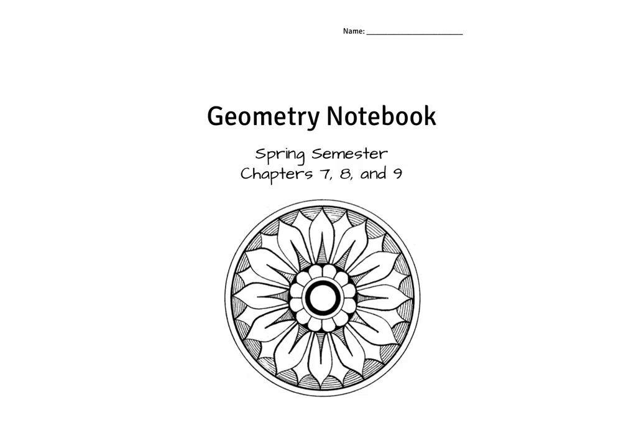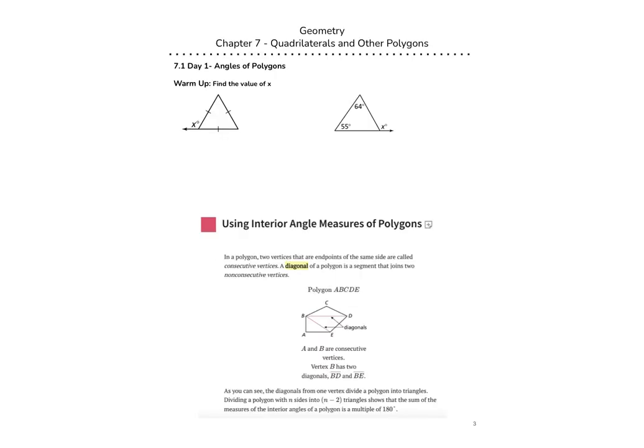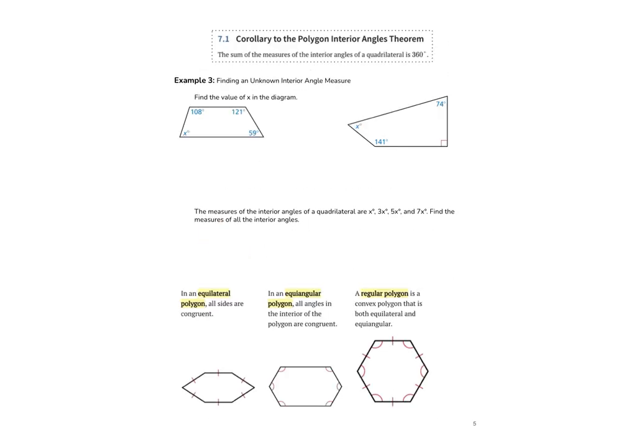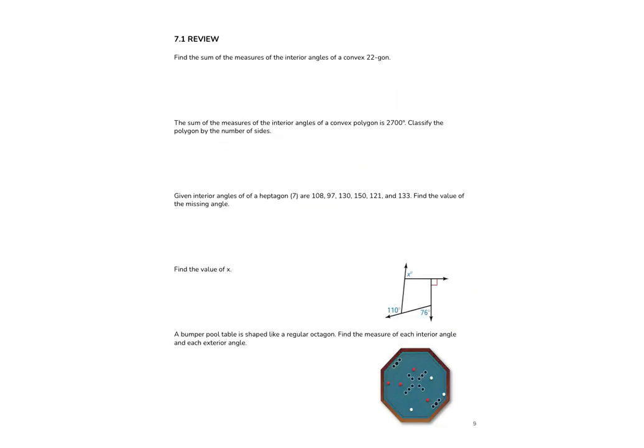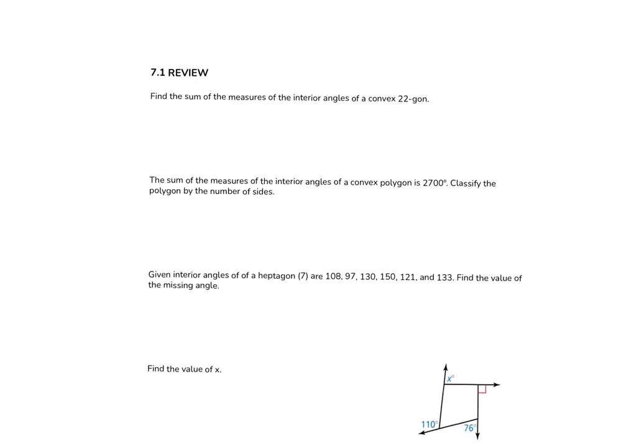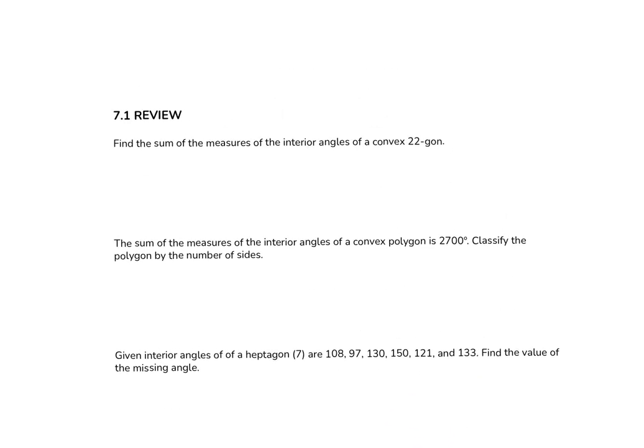What I want you to do for a review today. Things that we need to know. Basically, for our review today, we're going to do the review pages at the end of each section. So there's 3 pages. There's 7.1, there's 7.2, there's 7.3. Okay? For 7.1,